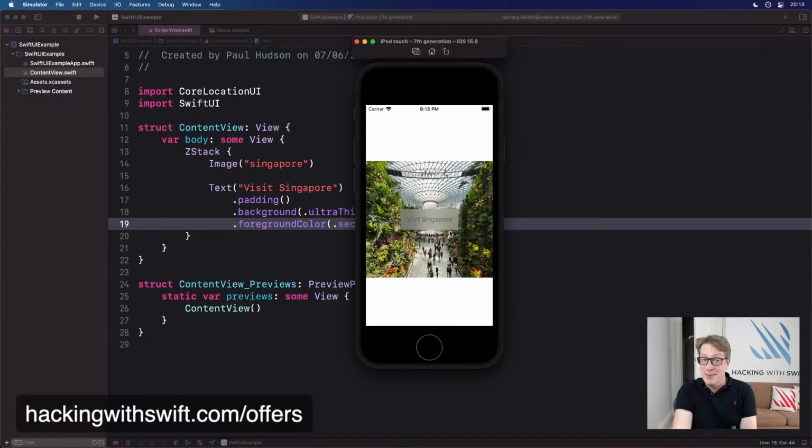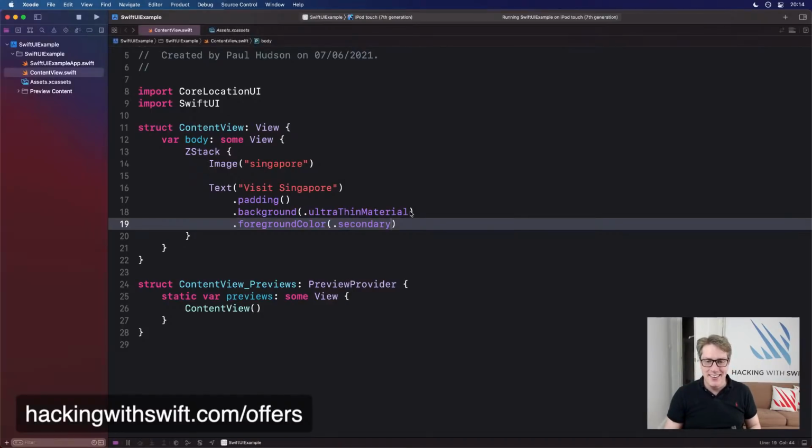And so it's super simple. If you use Visual Effect View in UIKit, it's much, much harder than this. So, again, round of applause, SwiftUI team. You've done an amazing chef's kiss job. Well done. Okay, but you ain't seen nothing yet because almost from day one of SwiftUI, I said, why can't it do this thing? And now it can.